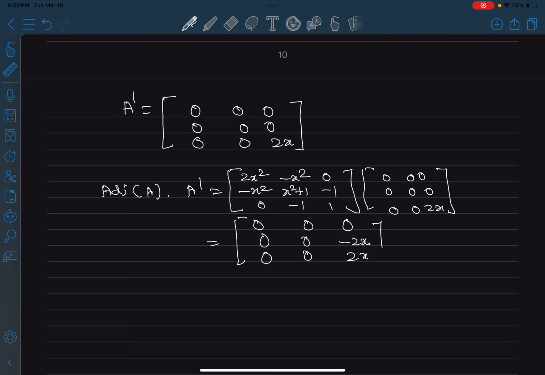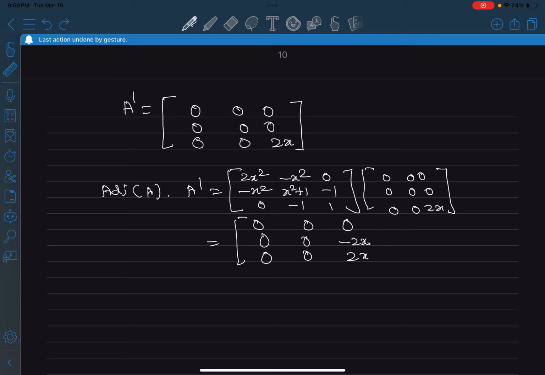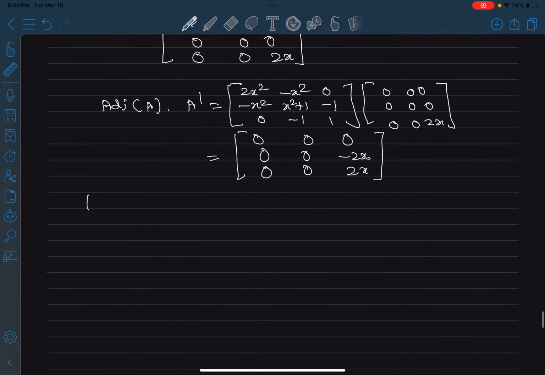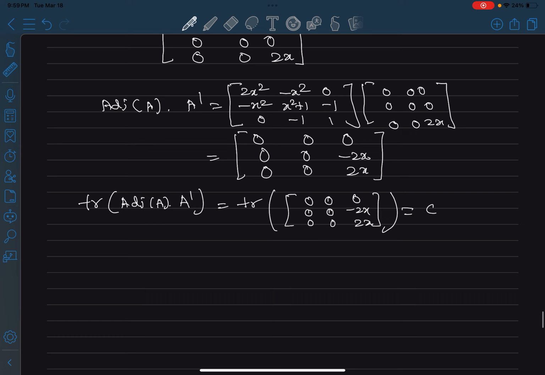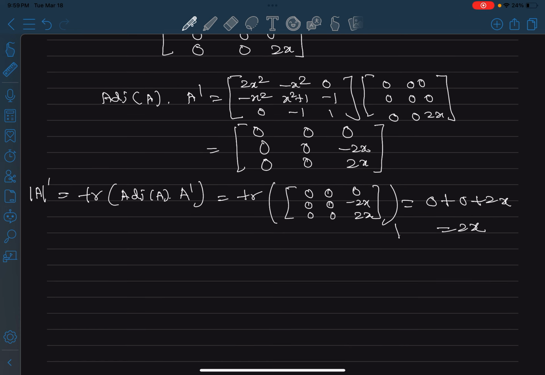2x, right? Now I have to take the trace of this matrix. So the trace of the adjoint of A times A prime is just the trace of this matrix now: 0, 0, 0, 0, 0, 0, 0, minus 2x, 2x. And for the trace, just add the diagonal elements: 0 plus 0 plus 2x, and that's 2x. And we know that this is just the derivative of the determinant of A, so the derivative of the determinant of A is 2x, and that's what we were waiting for,